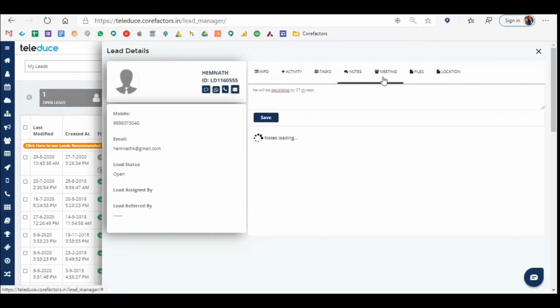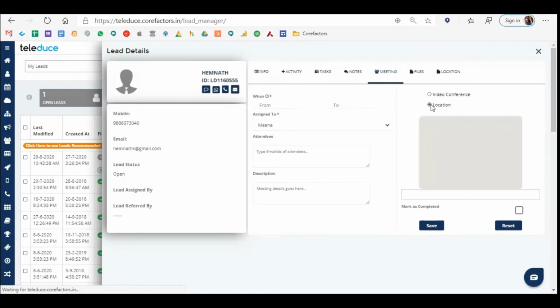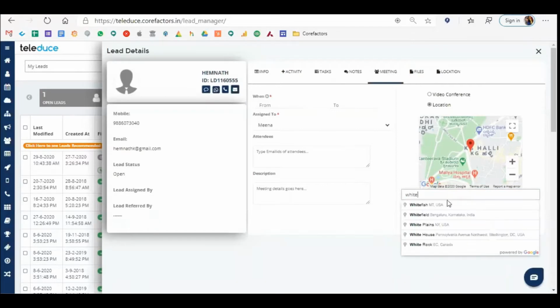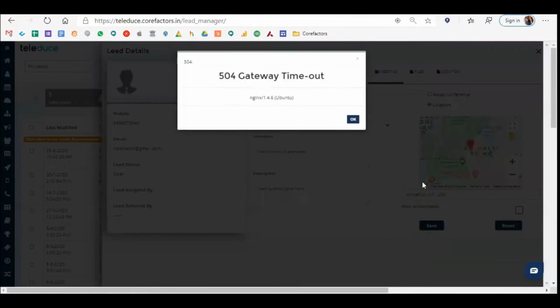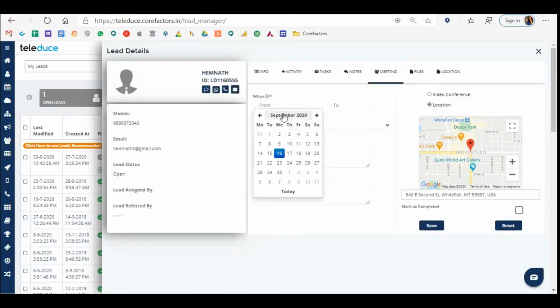Okay. So coming to meetings, so we all know as a salesperson, we all do a lot of meetings. When I say meetings, we have both the meetings like video conference meeting, the current one, what we are doing, or the location based meeting. Now I have to meet Mr. Hemant in his office in HSR layout, and that is a location based. So if at all he's in Whitefield as well, I just have to give the location and decide where from what time to what time I'll have to meet him.